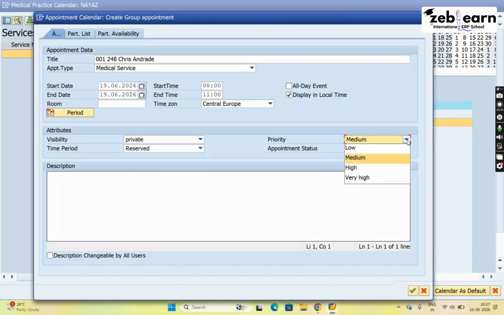What is the priority? This medical checkup for which you are sending the employee is just an employment checkup, so priority will not be high. You can keep it as medium. And then add some description for this appointment, for example,